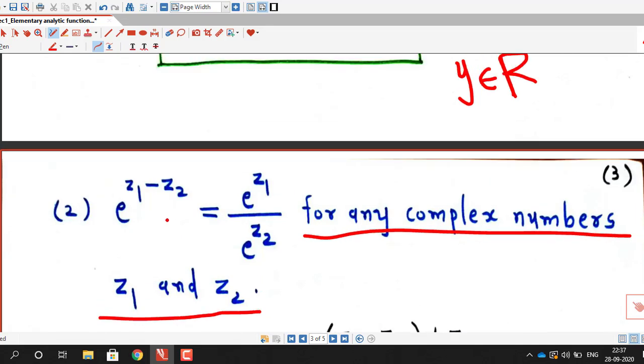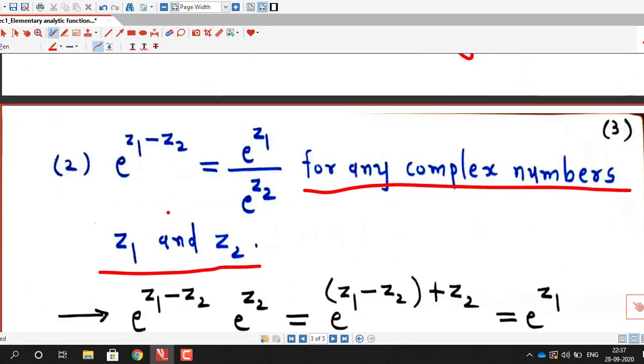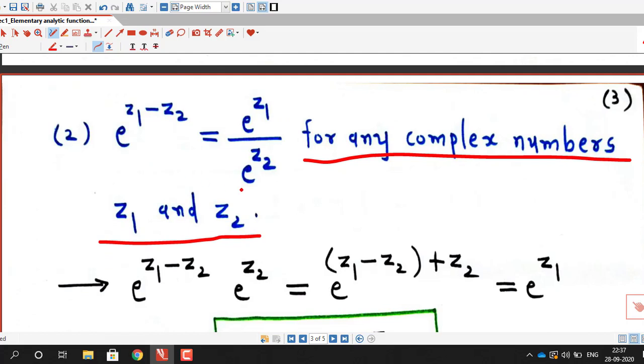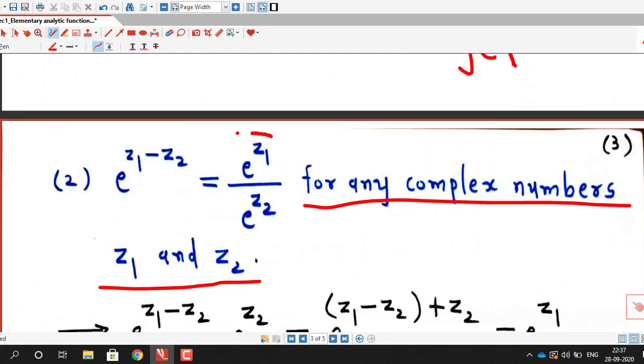Now this we can prove as we have shown in property 1 by taking z1 equal to x1 plus iy1, z2 equal to x2 plus iy2. But we will not go in that way. We will prove this property using property 1. So for that, to prove this formula,